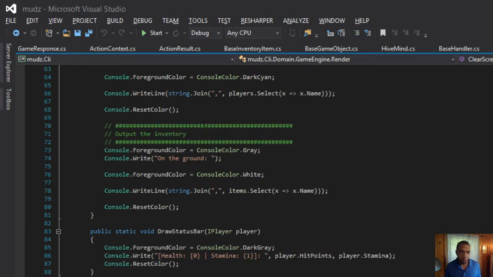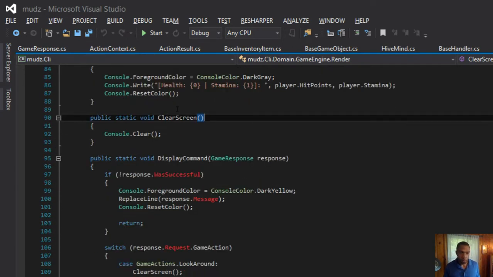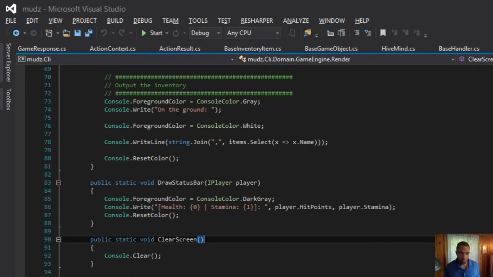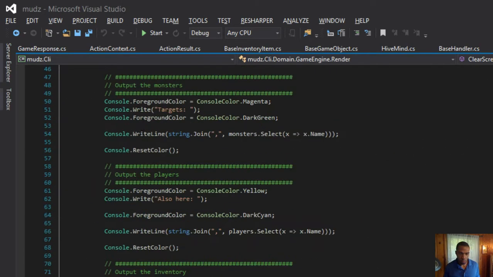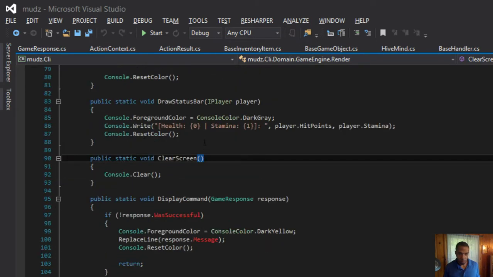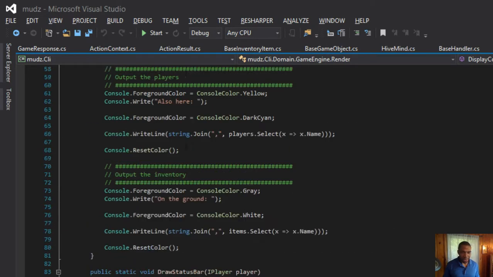Let's look at some old code, like in the render. So we actually want to take in here, I would tell the game response, but this is probably going to be display commands.